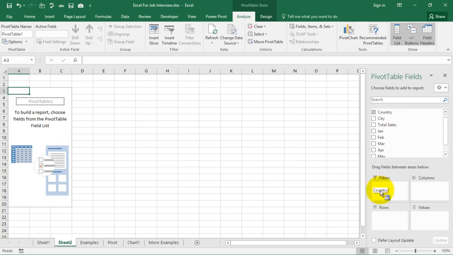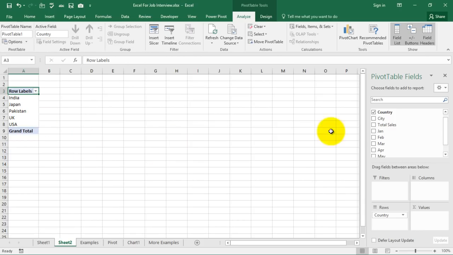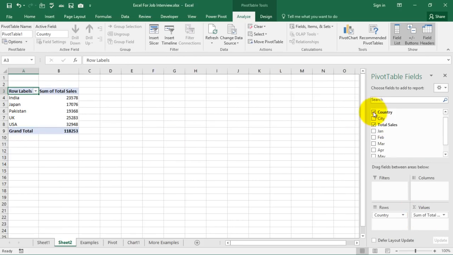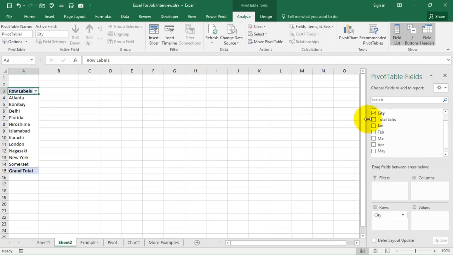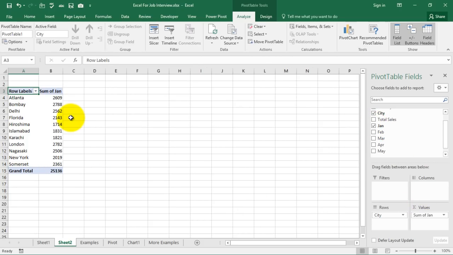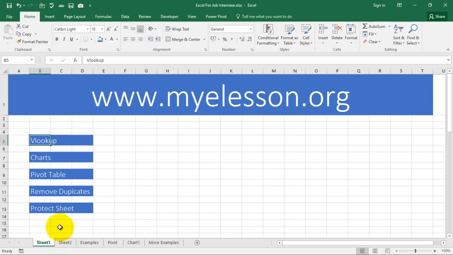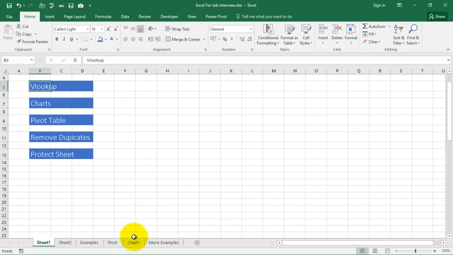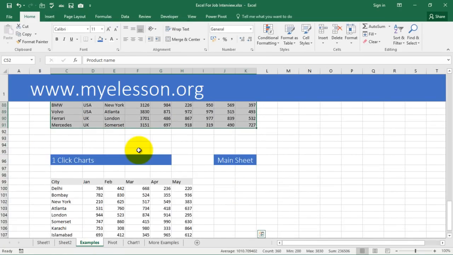So if I want to find out the sales country wise for these cars, then I just put the countries in the rows, and the values where the numbers should come should always go in values. So you are able to find how many sales happened in India, Japan, Pakistan, UK. You can simply find it for cities, see, and say for January. See, immediately in 2 minutes you were able to get this data. For more details on pivot tables, go to myelesson.org and learn more about pivot tables, and then we will learn about